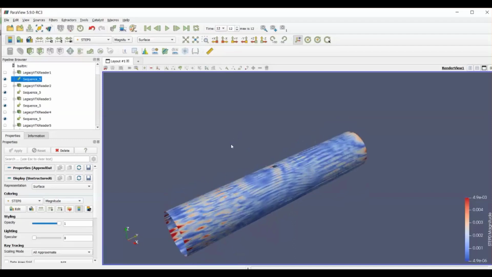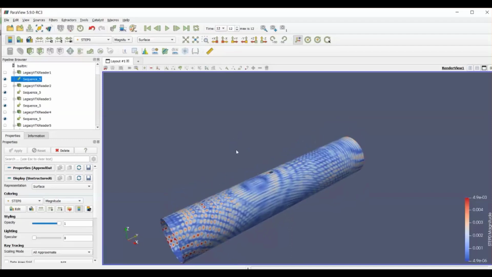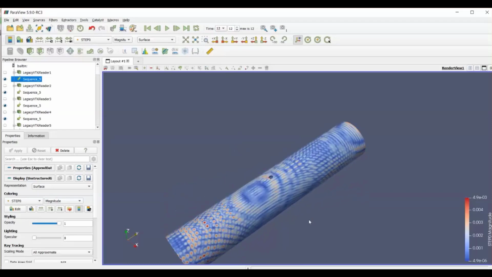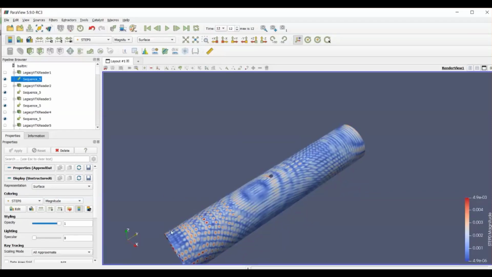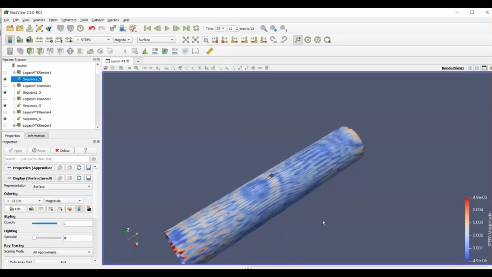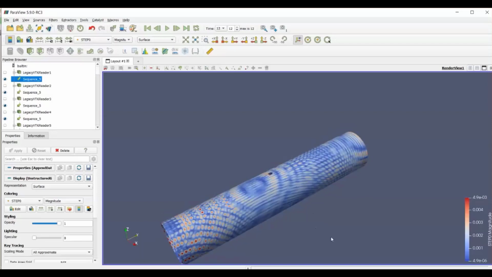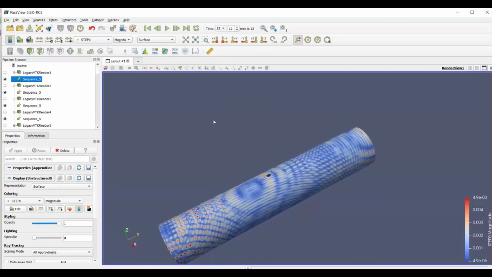So it can be really interesting to interpret the different signals received and also the interaction with the edges and with the defect. ParaView, of course, is free software, so it comes like this with SIVA. There is nothing special to purchase in addition to SIVA to access this visualization.